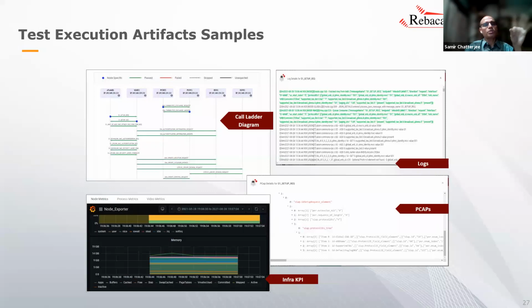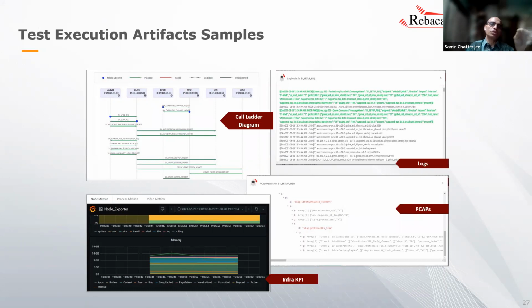So what we do is we are able to use our AI engine and parse the SUT log and map it on the ladder diagram. So you don't have to actually go through the entire log. You can just go ahead and be looking at the logs where it failed or if it passed. You can look at the PCAPs. You don't have to go set filters in Wireshark and all that. They're already parsed and mapped on top of it.